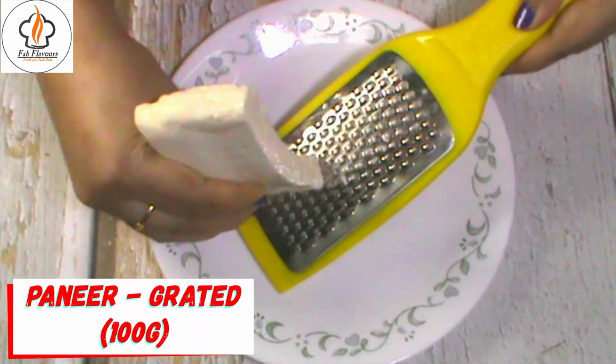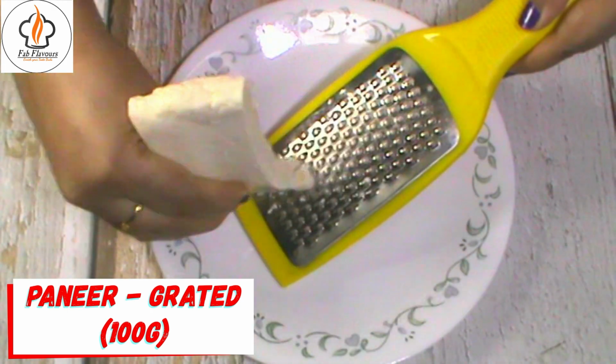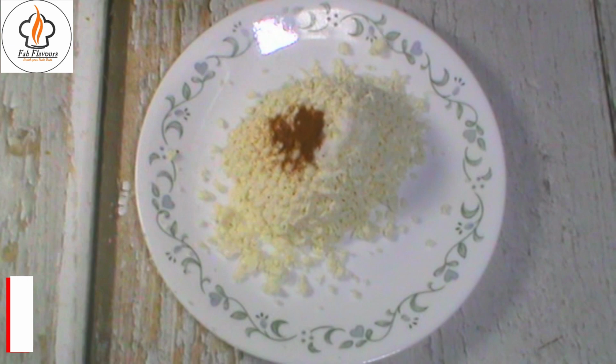Now, let's see how to make the moti or the pearls. I am getting 100 gram paneer. You can also use cottage cheese. To it, add a pinch of salt, a pinch of garam masala, a teaspoon sugar,